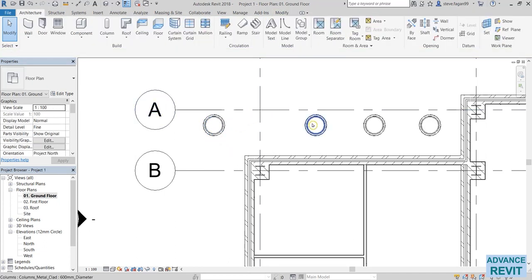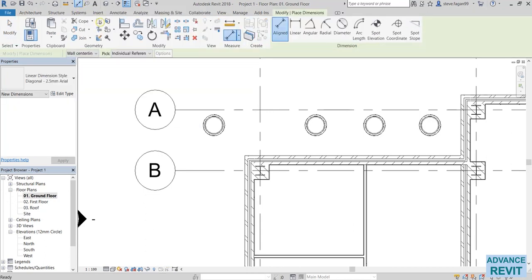So I don't know what the position is between each of the columns, but with Revit I'm able to equally space them anyway. In Revit there's a feature that I'm able to use which is called the equality constraint, and I can use that feature to equally space the columns. So how I'll do that is I'll use my aligned dimension tool. So if I go up to the quick access toolbar at the top,